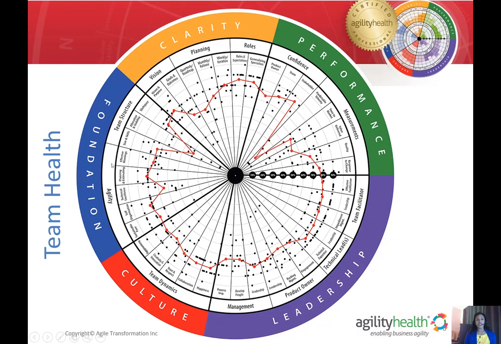The other correlation that you're going to see here is strong foundation and culture lead to stronger performance. And so oftentimes if we're asked, how do we improve the performance of the team? We say, let's take a look at the culture and look at their foundation, their agility and team structure to be able to help them improve that.